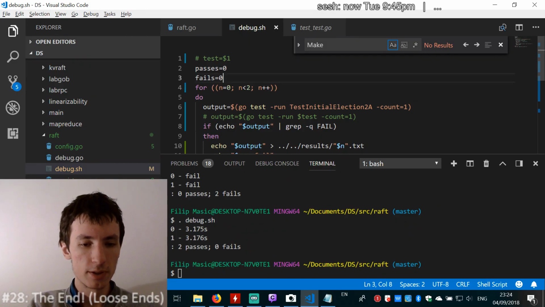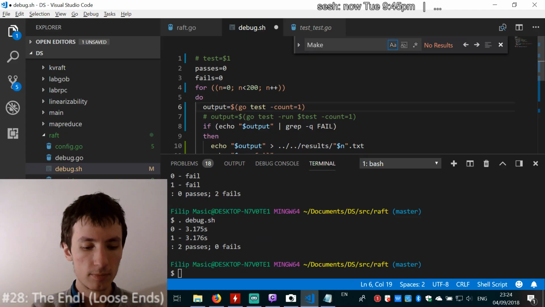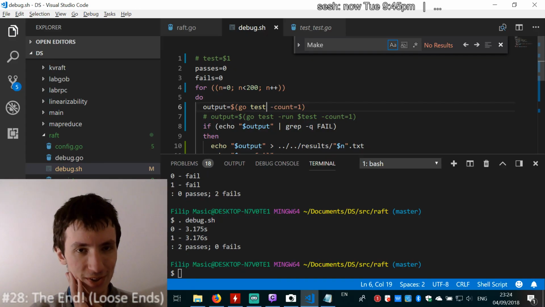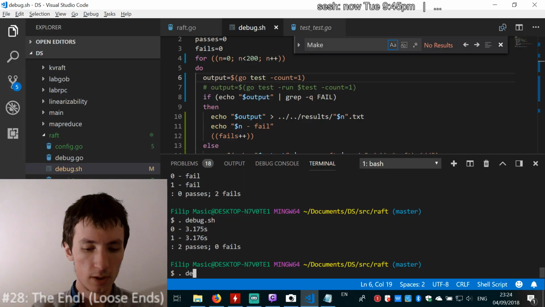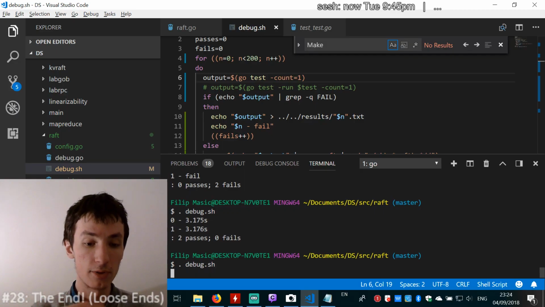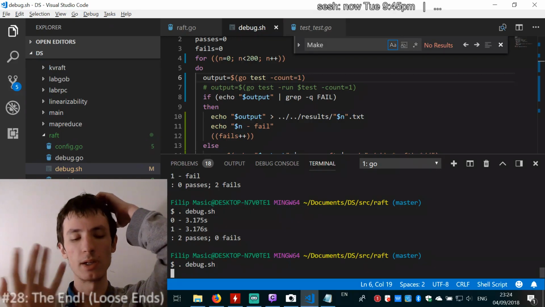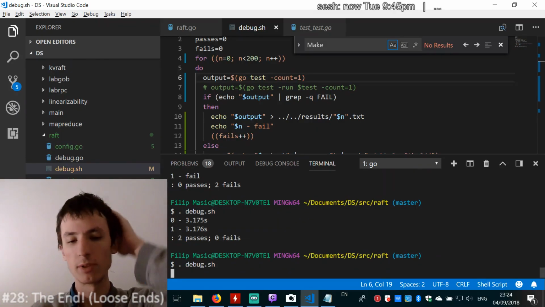So I'll be able to just run it 200 times. The full test, I'm going to run go test. Absolutely full commands is going to be run. And so if it passes, I'll just get a time from the end, and if it fails, I'll just get fail output. You know, I can run debug now just off the cuff to just wait 3 minutes. We'll get one pass, and then we'll see that it's working. Generally speaking,